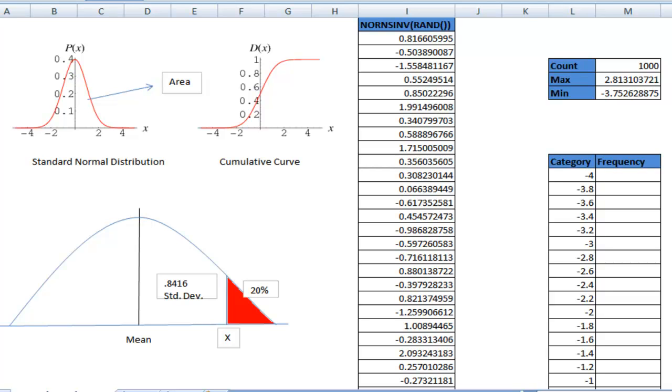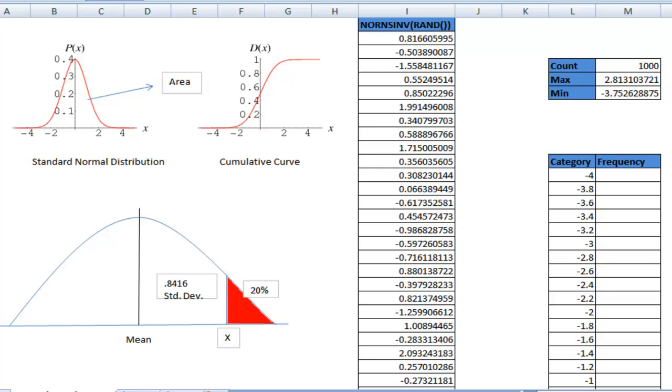The basic criteria being, in any simulation you have a particular variable which changes based on some randomized value. That randomized value can be plotted using a distribution. Today that distribution that we're going to see is normal distribution. There are various other distributions including binomial distribution, Poisson and things like that. We're going to see how in Excel we can create a normal distribution curve using two functions, which are NORM.S.INV